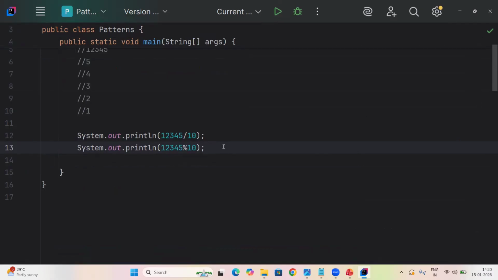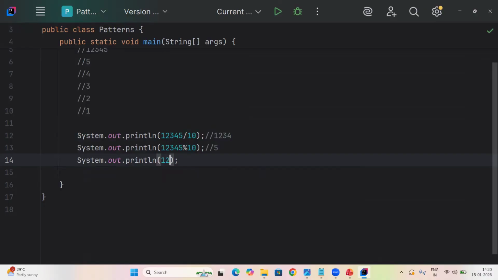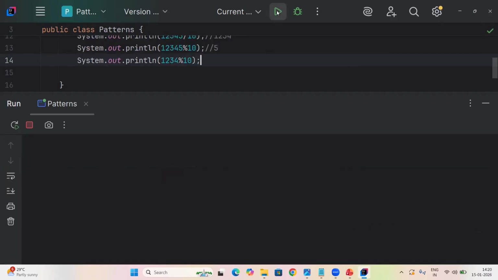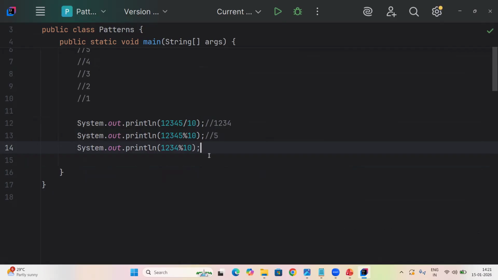Then let's say next time I want 4. Here when I divided, I got the output as 1, 2, 3, 4, and when I did a modulo, I got the output as 5. This time, whatever 1, 2, 3, 4 I got, if I do a modulo here, let's see what output we'll get. As expected, it would be 4. Okay, it's 4. But next, what I want to do is